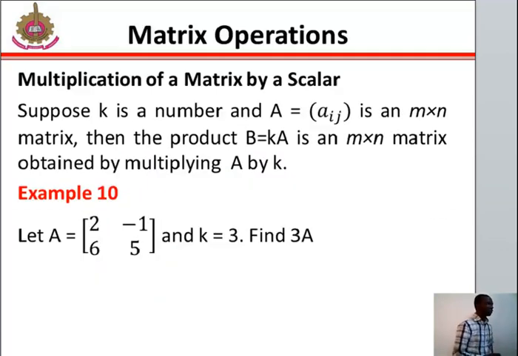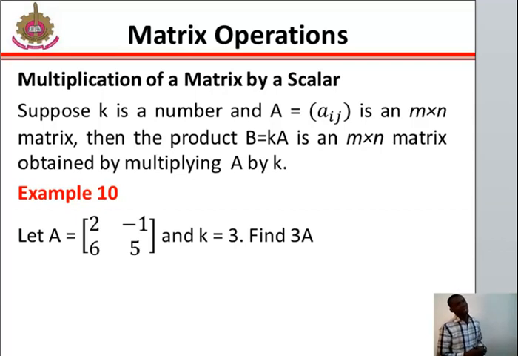Let's move on as we talk about matrix operations. Multiplication of a matrix by a scalar. Suppose k is a number and A is equal to a_ij, an m by n matrix. Then the product B is equal to kA, that is multiplying by the scalar, is an m by n matrix obtained by multiplying A by k. What are we talking about? What you are going to do in such an example is, if you want to multiply this particular matrix by a scalar